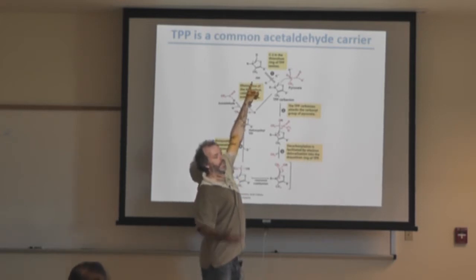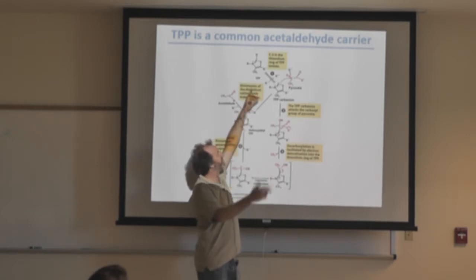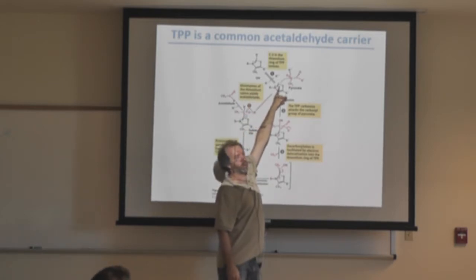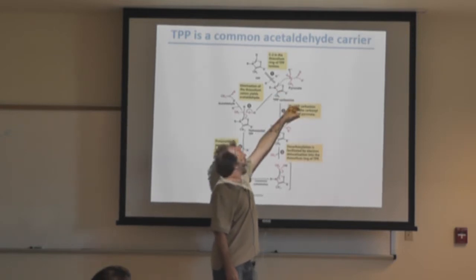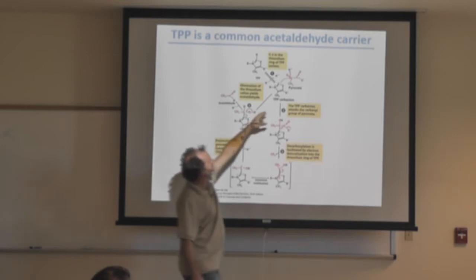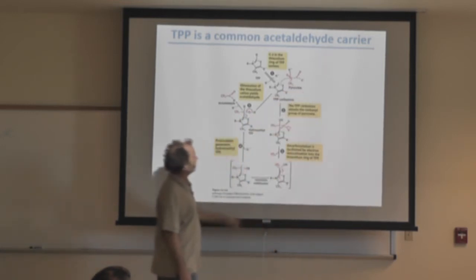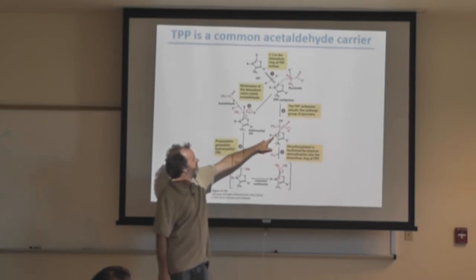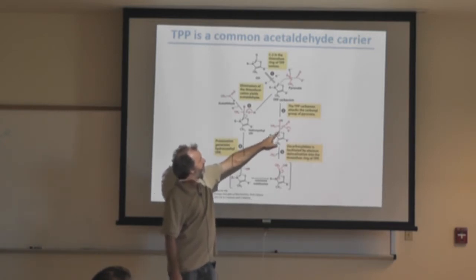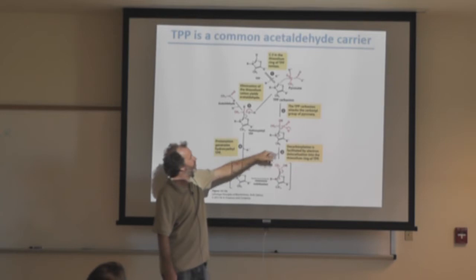So that carbon can give up its hydrogen, and it'll stabilize this carbanion. You have this positive charge here and a stabilized carbanion. That carbanion can then attack the carbonyl of pyruvate, and you have this adduct with the thiamine pyrophosphate covalently bound, which